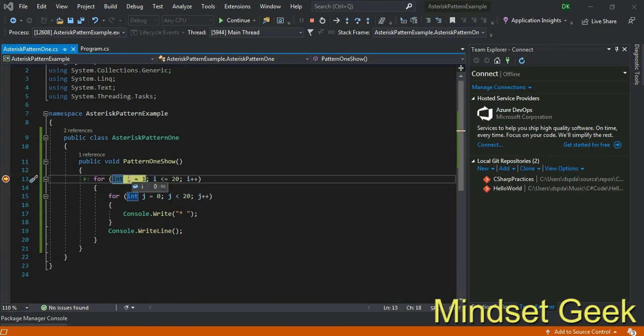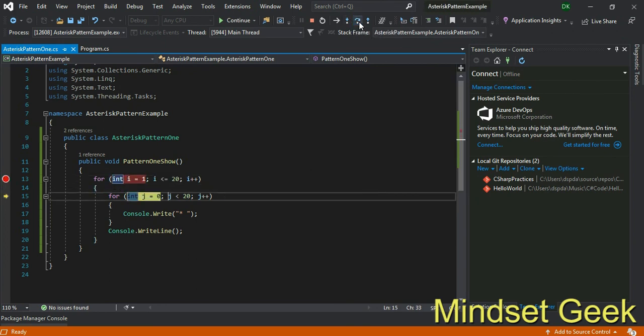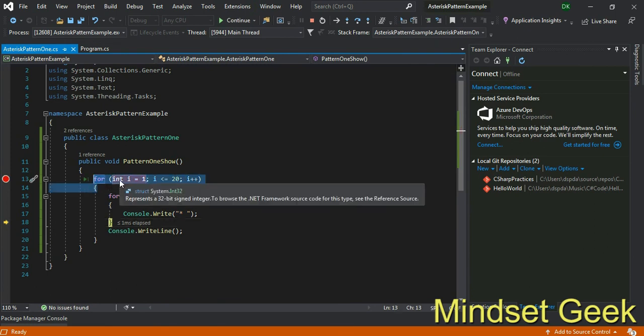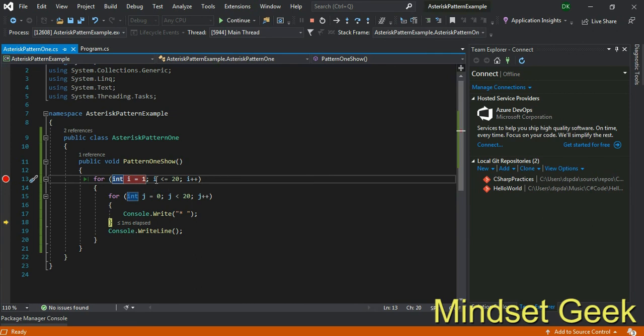First, you can use this one, line by line, and you can see the iteration, right? First assign the value for the outer for loop. i is 1, then check 1 is less than or equal to 20.